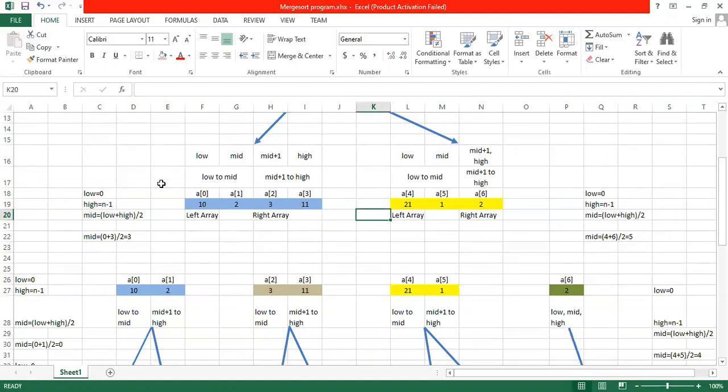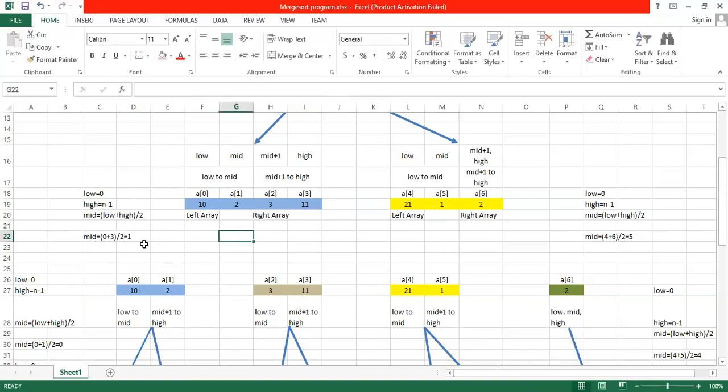Coming to the left array, the low value is 0 and the high value is 3 with respect to this array. When we calculate the mid value, 0 plus 3 divided by 2, the mid value is 1.